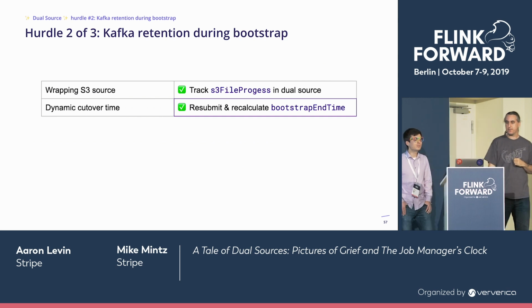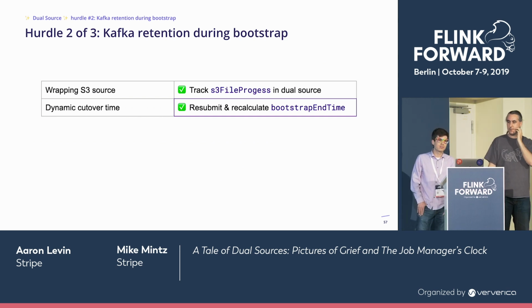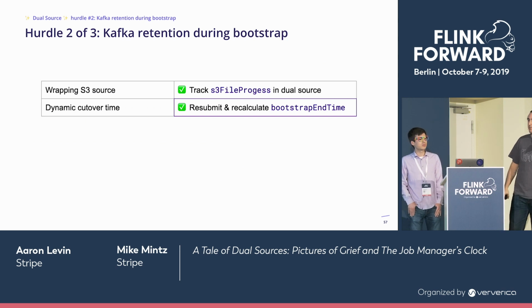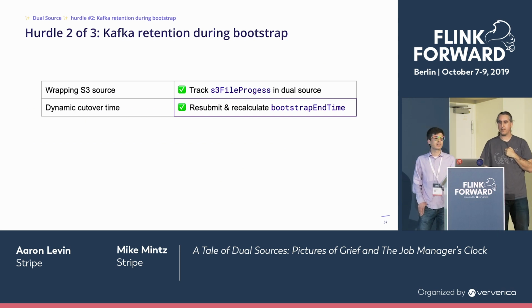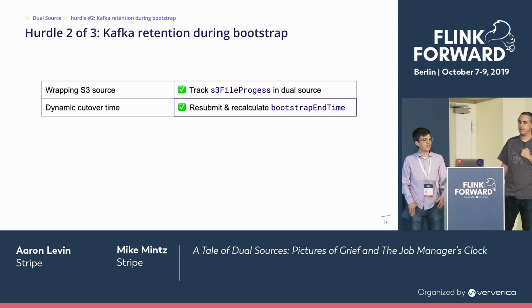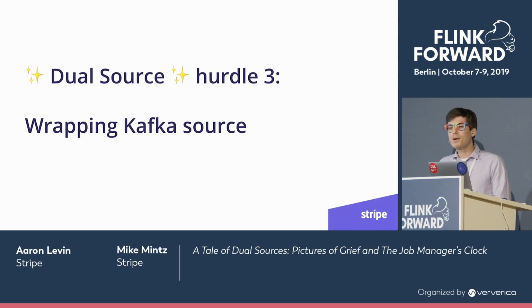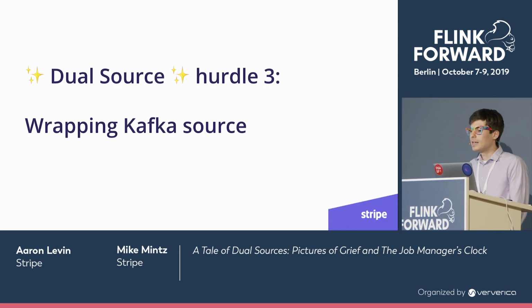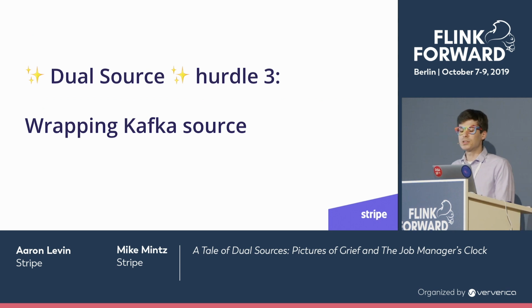So we have reasonable solutions for the S3 side of things, both in terms of wrapping the S3 source itself and making sure that we can cut over before Kafka falls out of retention. But what about wrapping the Kafka source? It would be great to be able to reuse Flink's built-in Kafka source, since it would be quite complicated to re-implement it ourselves. Plus, if we had a generic wrapper source, we'd have the ability to sub in other sources,